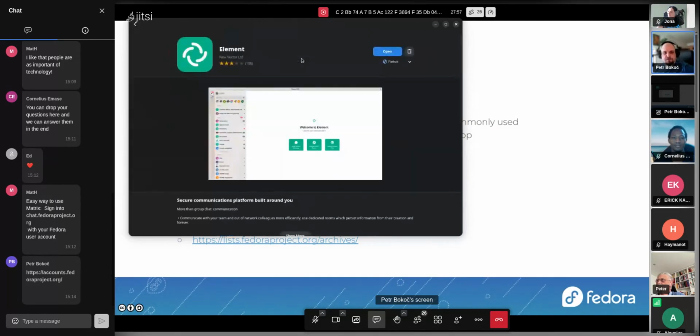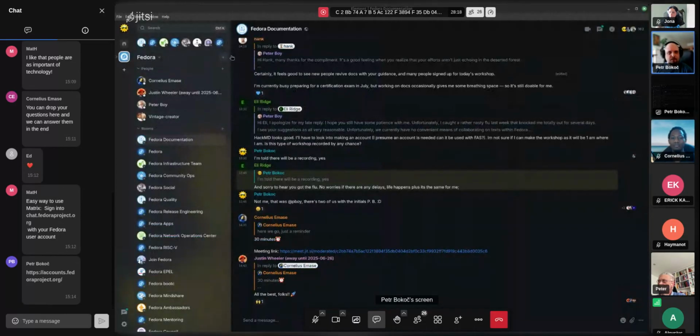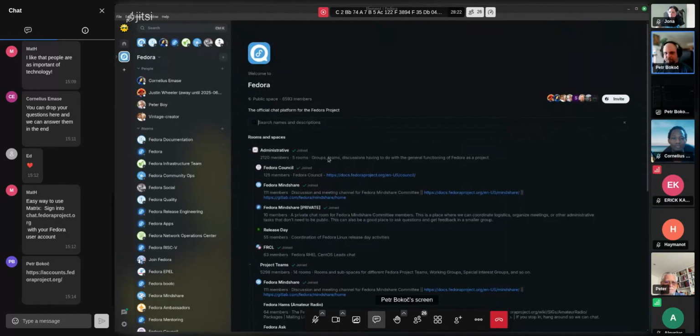Right? This thing, you just install it and you're good to go. Once you install it, you go to chat.federaproject.org. That just opens a website in your browser, but that allows you to connect with your FAS account that you just made. And after that, let me show it again. You can go over here, explore rooms, and there's a bunch of rooms available